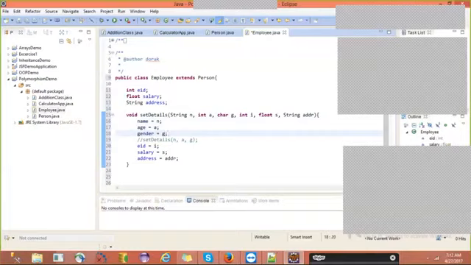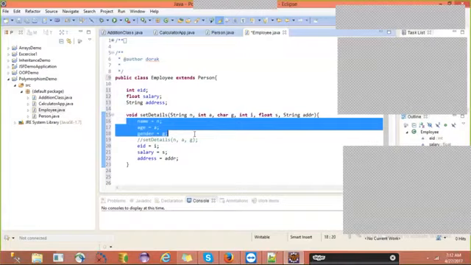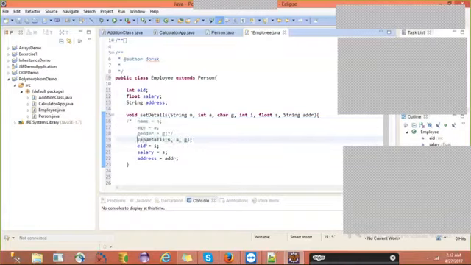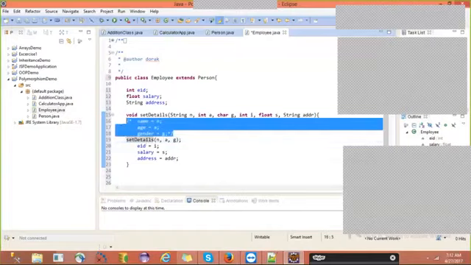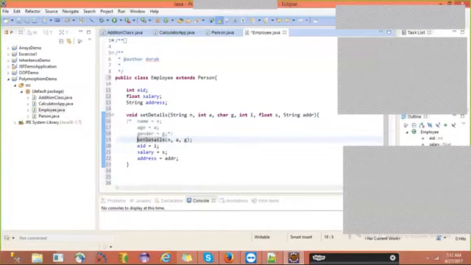But because of inheritance, we can avoid that code, since all these three statements are already present in the person class. We wrote that code in set details, so we are calling this one.